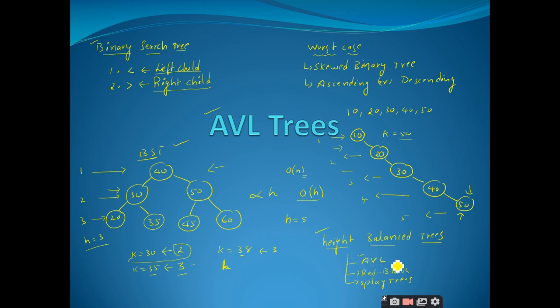But the AVL tree is the first height balanced tree, proposed by three authors: Adelson, Velsky and Landis. That is the reason why these trees are called AVL trees. These height balanced binary search trees are named after their authors, and this is the first height balanced BST proposed by anyone. Is it clear up to this point? Yes, sir.